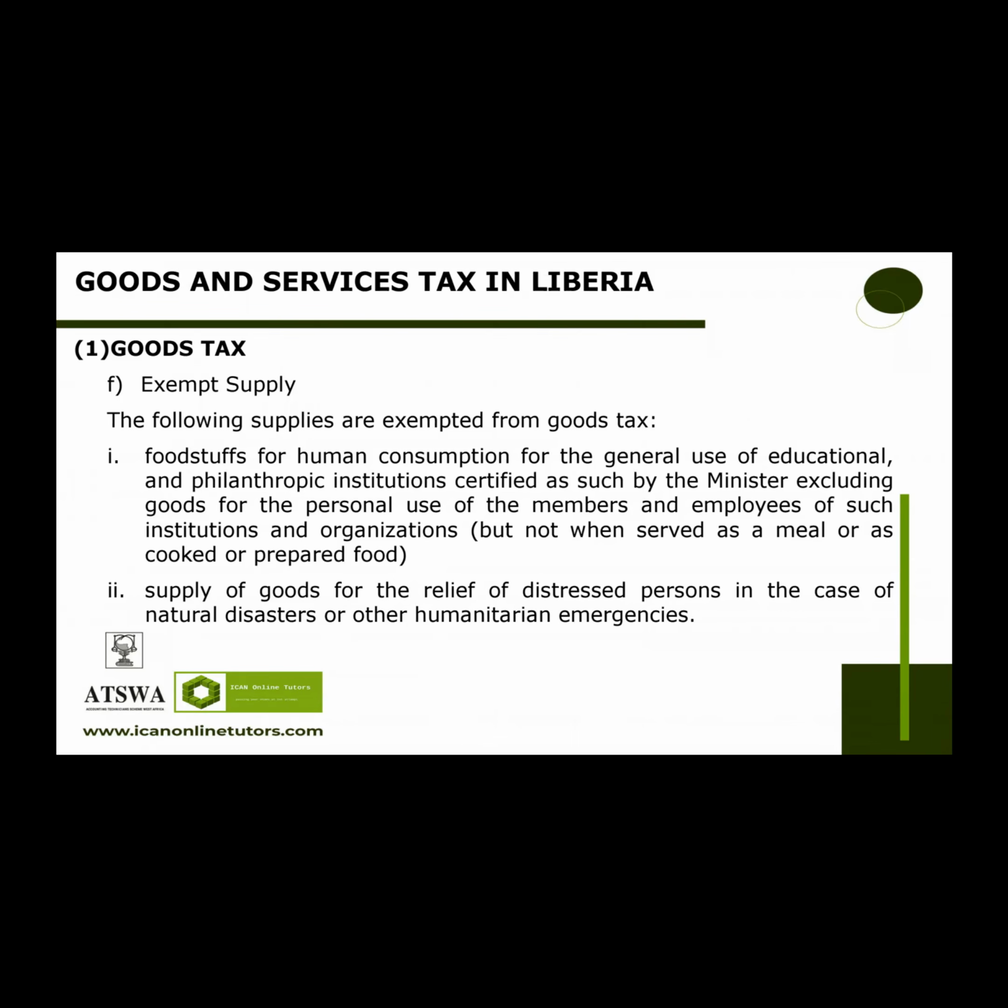A supply of pharmaceutical or medicinal preparation, a supply of medical aids or appliances specifically designed for persons with an illness or disability, a supply of textbooks or other instructional materials designed for use in schools or adult educational programs, a supply to a registered manufacturer or to a person in the business of mining or forestry of raw materials or other inputs for use directly in manufacturing or capital goods. A supply of goods as part of transfer of a manufacturing business as a going concern by a registered manufacturer to another manufacturer.